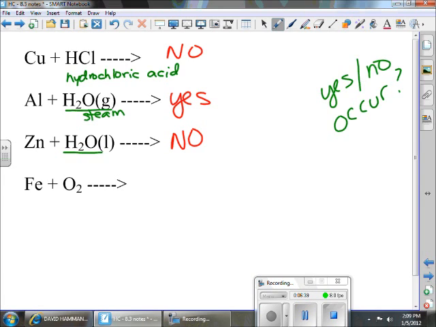And then iron plus oxygen. Iron's in that 2nd section. Does say it will react with oxygen. So we have a yes. Okay. So again, that's all you need to be able to do is read that activity series and be able